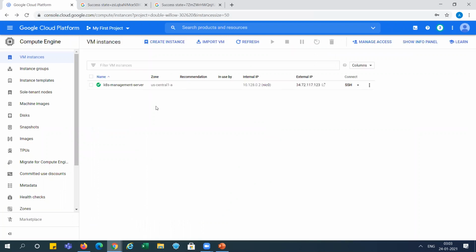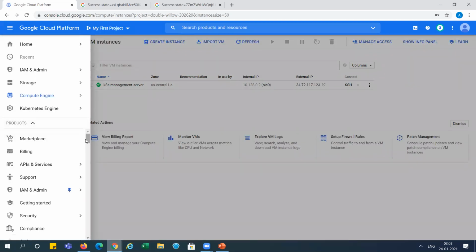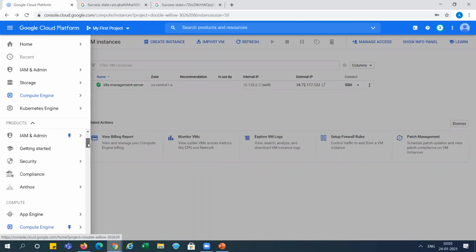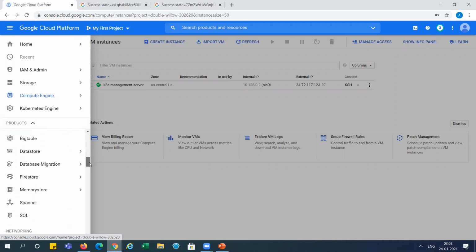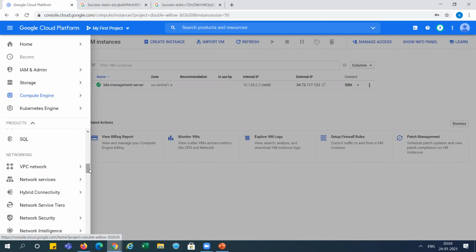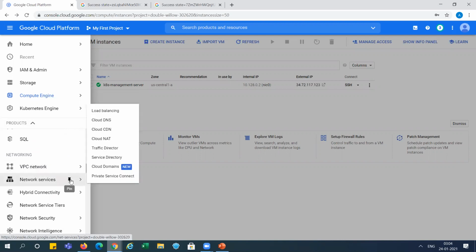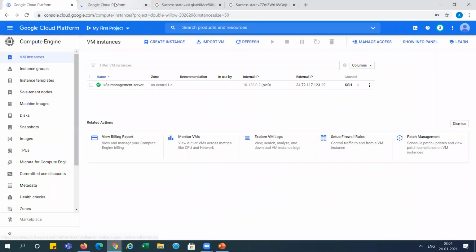Still the instance is not created. Let me check. I'm opening the load balancer in a new tab.